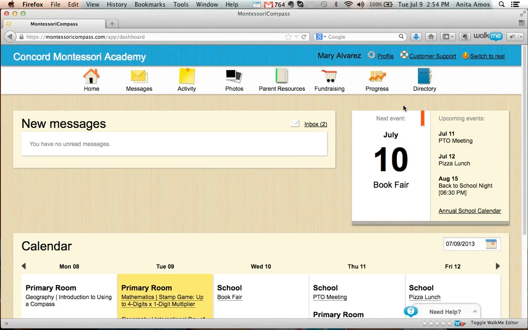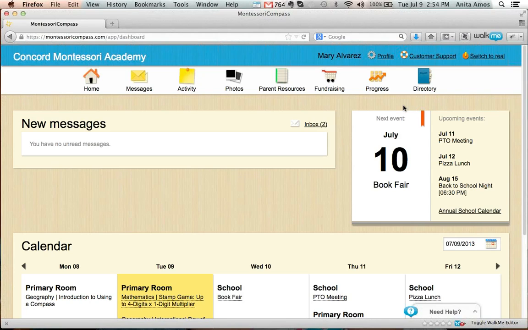But there's a lot of benefits to letting parents communicate. Like I mentioned, the idea of building a community and, hey, we're planning a new school fundraiser, or we have the PTO meeting and we want to communicate. This is a nice way to do it. If they don't do it within Montessori Compass, they're just going to meet in the parking lot, or they're going to gather up emails and phone numbers, and they're going to communicate that way. So it fosters a real sense of community without sharing private information. The school does have some semblance of control because they're communicating through Montessori Compass as opposed to outside means.